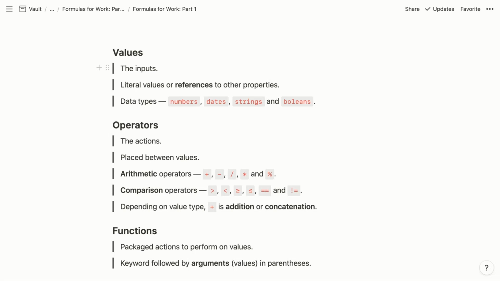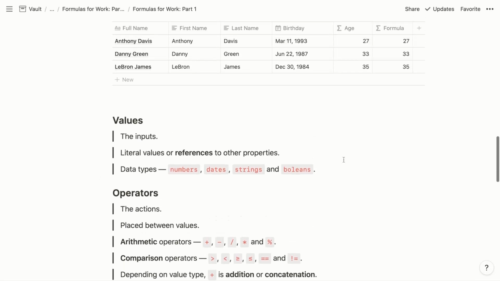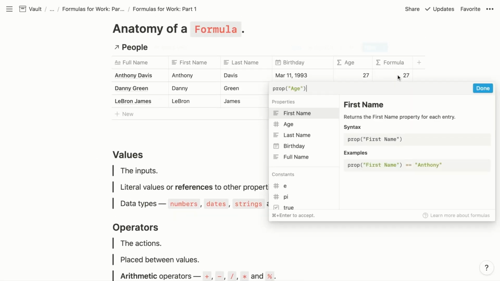So one type of operator is the arithmetic operator. That's your plus and your minus, a slash to divide, a star to multiply, and then we have the percent sign, called the modulus operator, which returns the remainder after division. So if we come back to our sample formula property, if we want to use 2 again as our input,